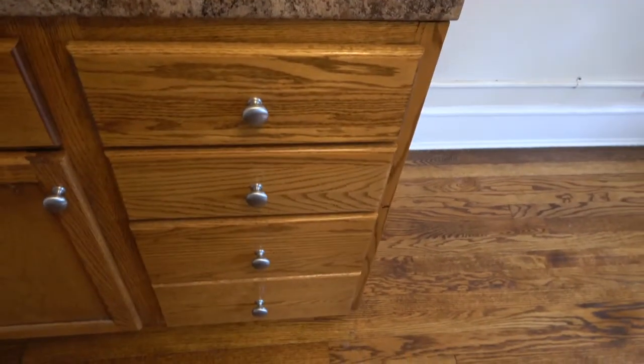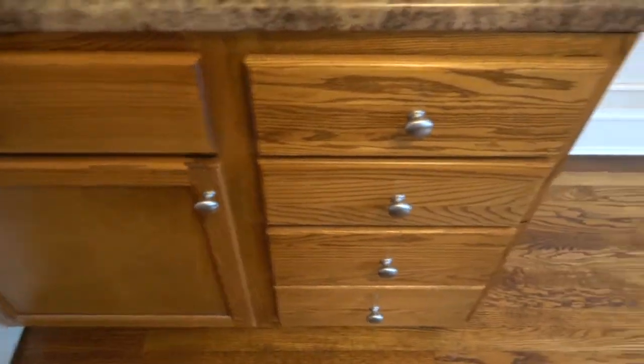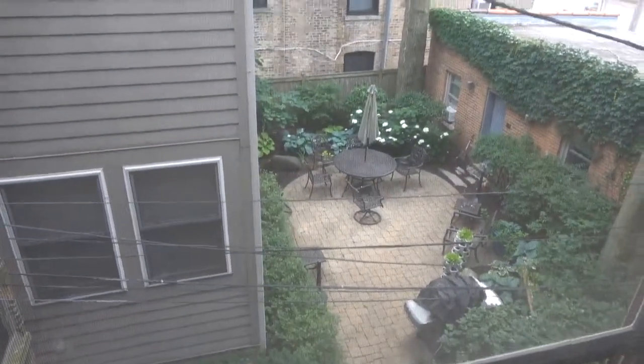And you can see you have 4 on one side, 1 on the other, and another cabinet. The cabinet underneath, and there's nothing special about the drawers really. Cabinet underneath though is a little bit deeper. So again, you can store a little bit bigger stuff, which is nice. We'll take a look at the outdoors here, out the windows, which like I said are facing north into your neighbor's patio,